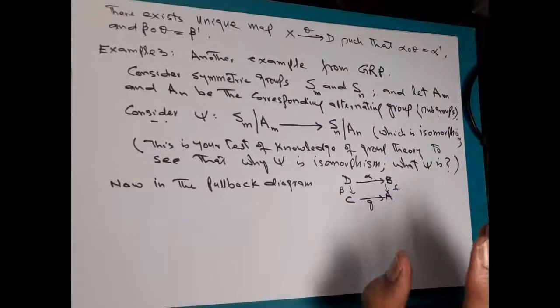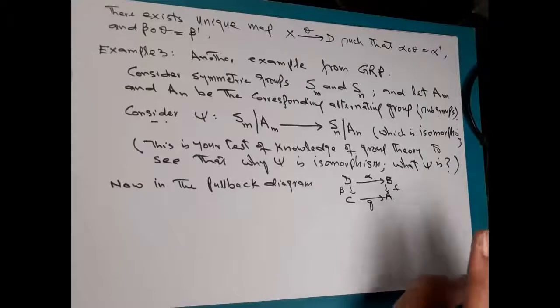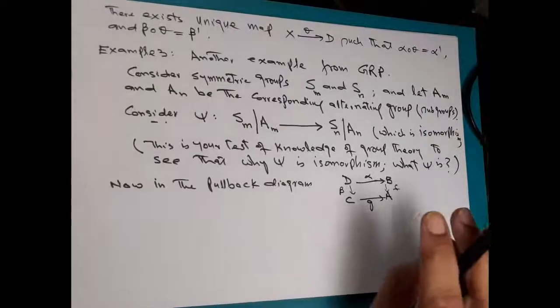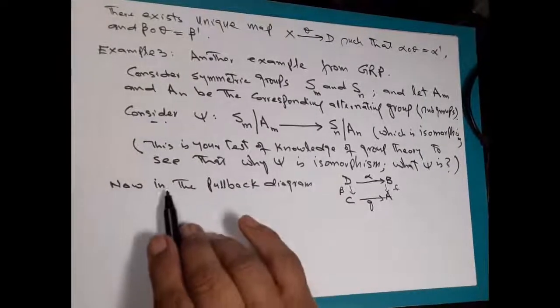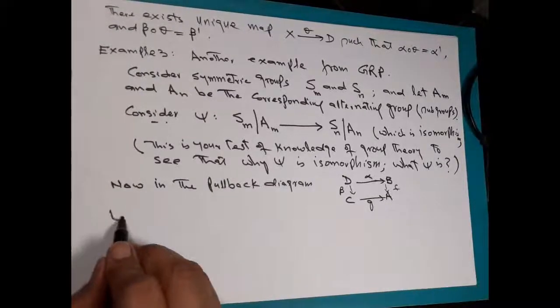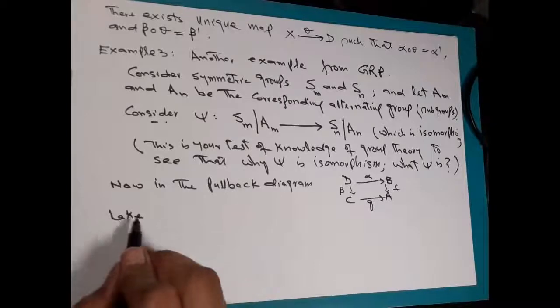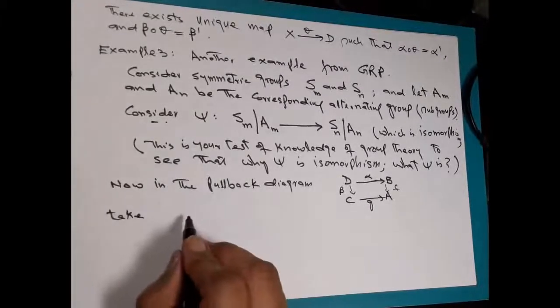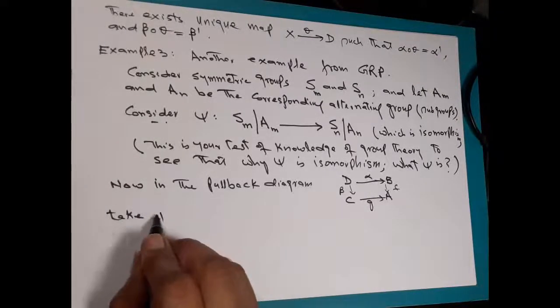In fact, these are the notations we have used for these particular maps. So now in the pullback diagram, this is what I am proposing to take: D is equal to